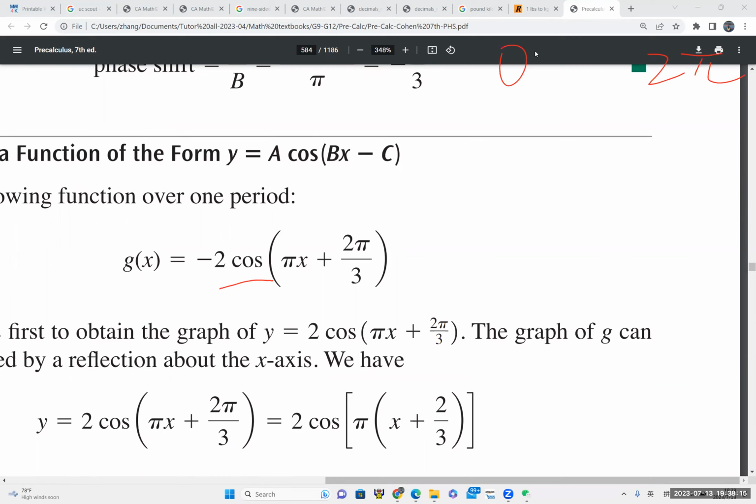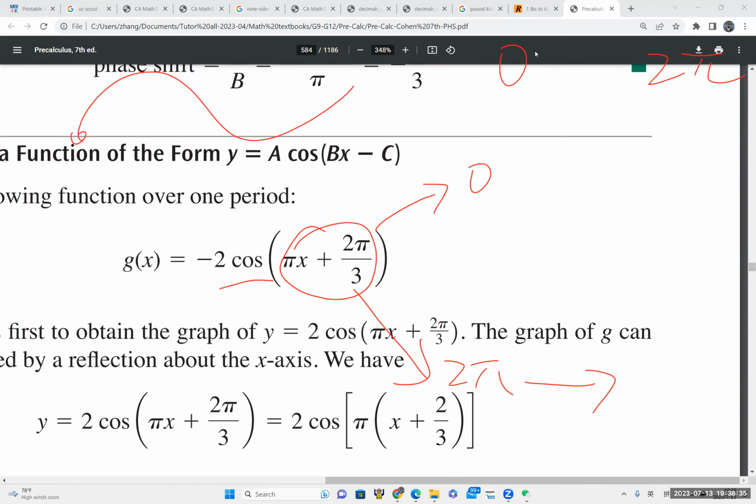Then you can just take when this equals 0, it's the start of a period. When this equals 2 pi, it's the end of the period. Then of course during this, normally we find 5 points. That means 0, half pi,